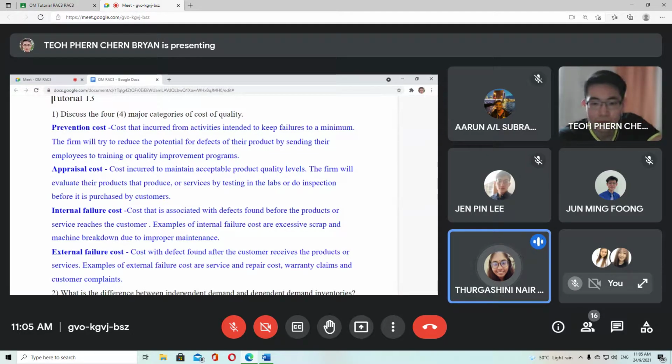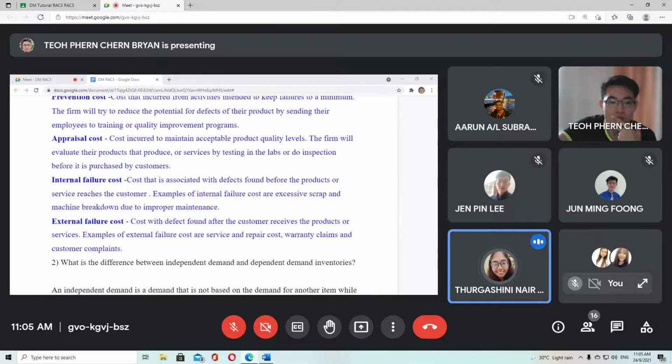So the first one is prevention costs, costs that are incurred from activities intended to keep failures to a minimum. The firm will try to reduce the potential for defects in their product by sending their employees to training or quality improvement programs. Next is appraisal costs, costs incurred to maintain acceptable product quality levels. The firm will evaluate their products or services by testing in the labs or doing inspection before